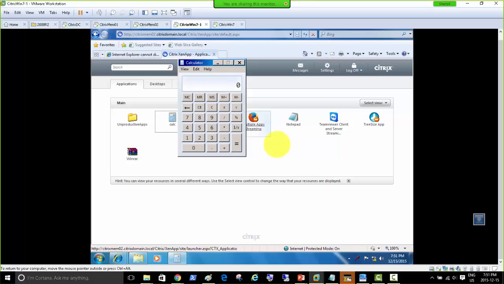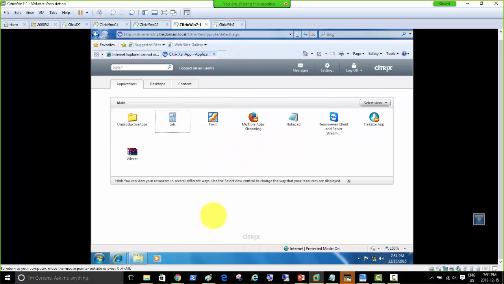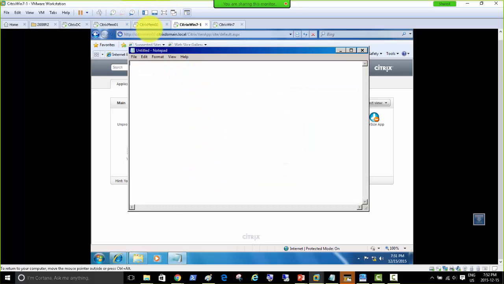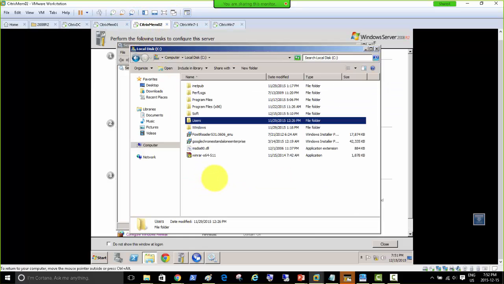After we implement the profile management, we're going to see some of the features that it's supposed to show, but we don't rely on it showing right away. We need to understand the concepts and how it works and implement it. So I have created that session and am using some of the applications there. They're working fine on the Citrix mem2 session. Now if I get off from this session